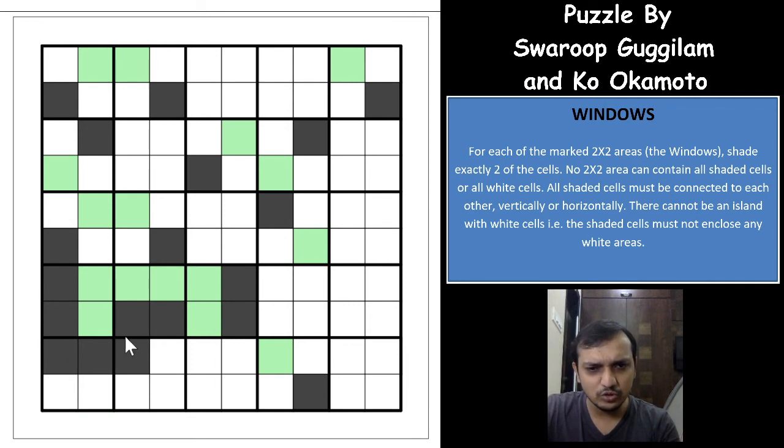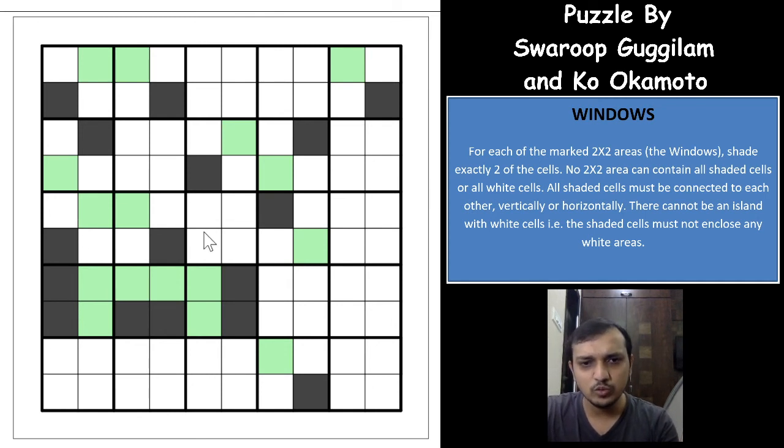And the moment it goes this way, still this group of black cells cannot go towards the right, and it has to go towards the border up only, right? Upper part of the grid. So whatever you do, this group of shaded cells cannot go from the down, and will have to go from the up only, right?